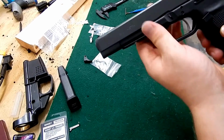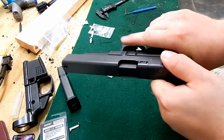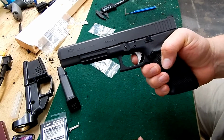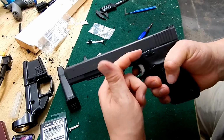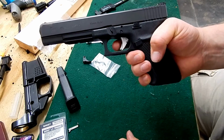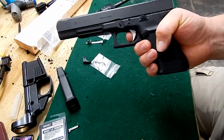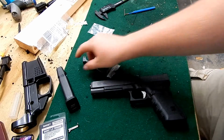Alright, well, I have it on here. Gun is unloaded. So as you can see, I have the trigger without the new trigger bar, but I did a little bit of pre-travel adjustment, which is the front screw. I think I need to get it down just a little bit more, but it's going to take a little adjusting, but it definitely does already feel quite a bit different than the stock